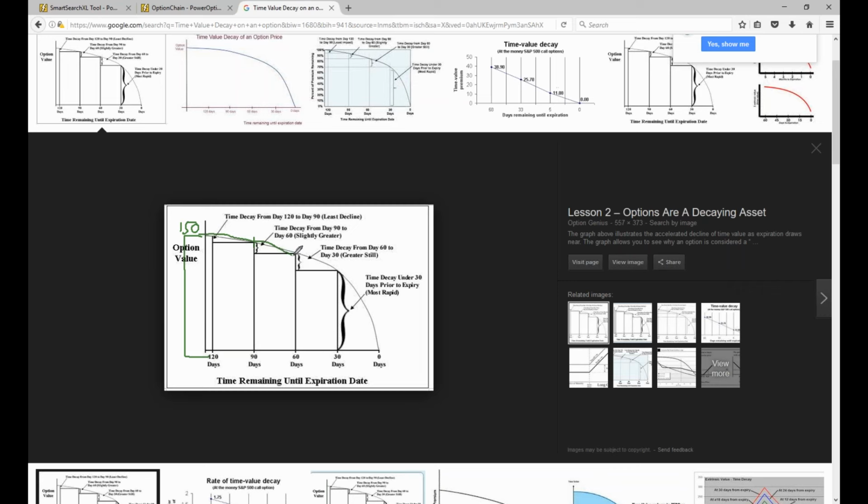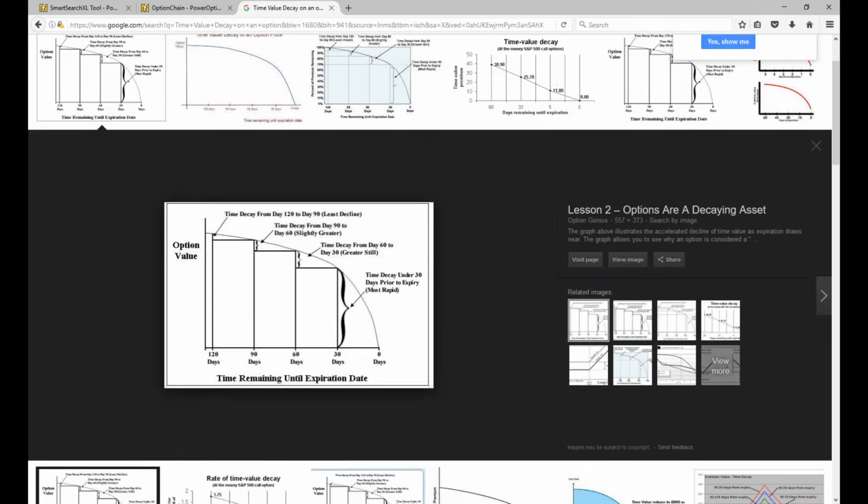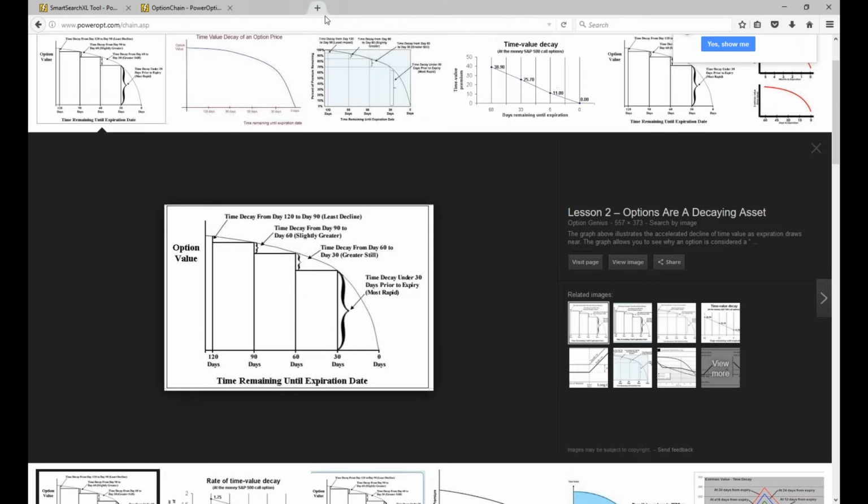Now, as I start getting to 60 days, we're starting to see a little bit more. And then as we saw that last 45 days, it really kicks off. Okay, so that's why I want to start at least 150 days out, so that the time value I can still manipulate in my favor, even if the first 2 months the stock does nothing. It doesn't move at all, okay? And there's other versions of it here, but this gives us the illustration of why I'm buying further out in time.